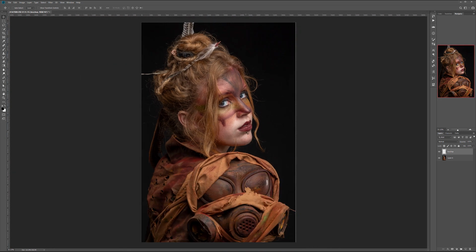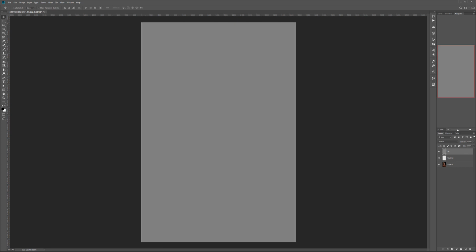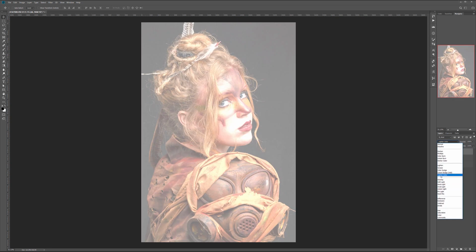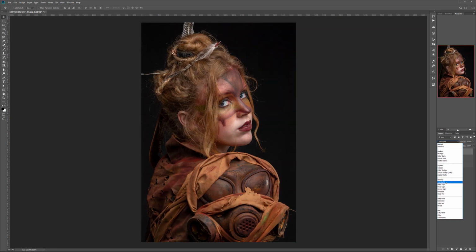I want to add a little bit of dodge and burn to our image, so we'll create a new layer and call it dodge and burn. We're going to fill this layer with 50% gray, normal mode, 100% opacity, and we're going to switch this to soft light. Because soft light is part of the contrast group, which makes 50% gray kind of invisible in this case,